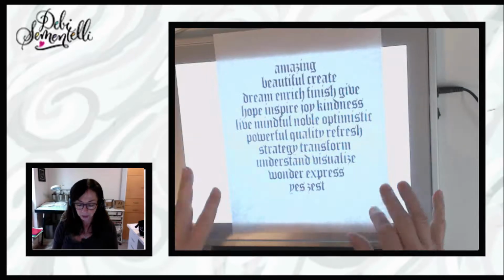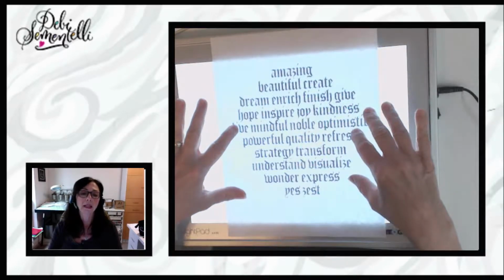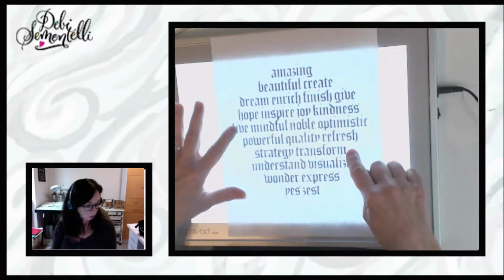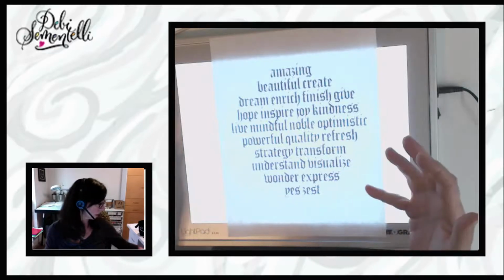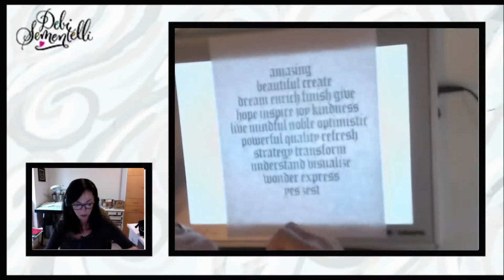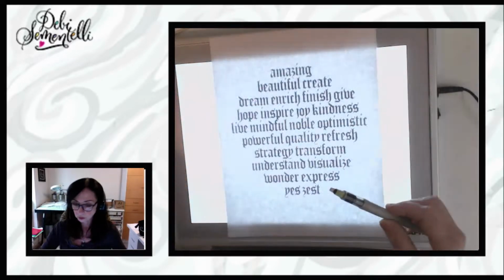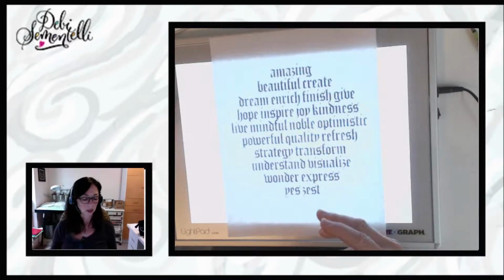What I'm actually doing today is some black letter, and I just took a workshop in black letter. Black letter is not something that I normally do. So I thought, it's always cool to try to improve your skills and do something different. I normally work in brush and